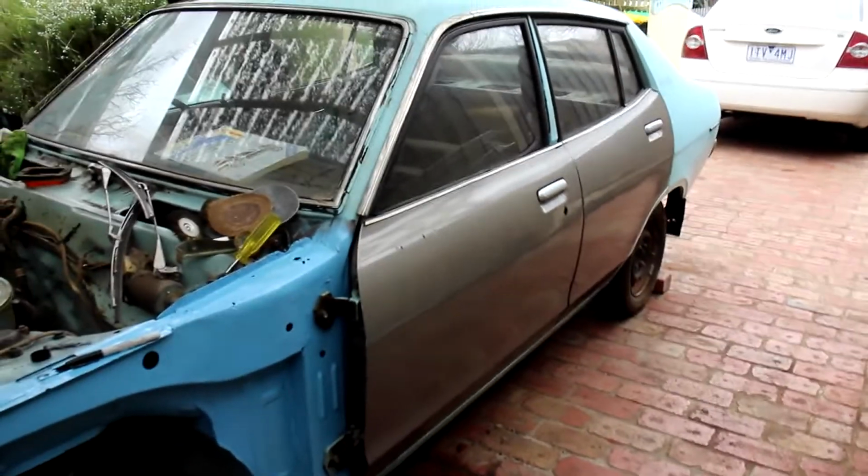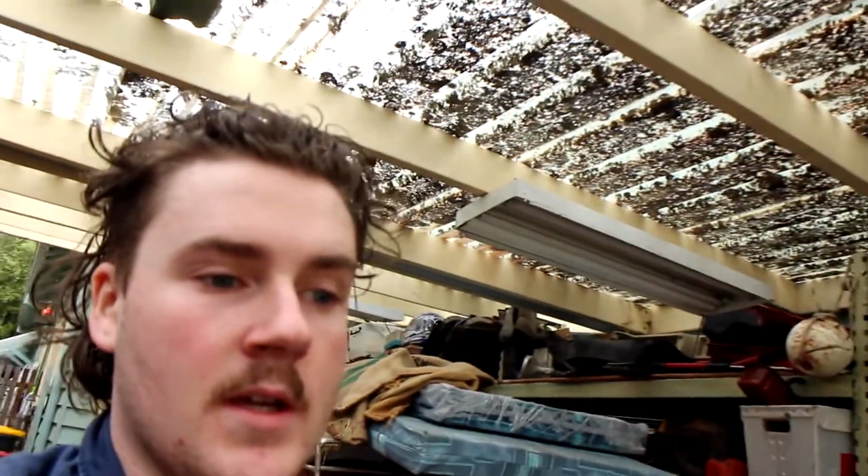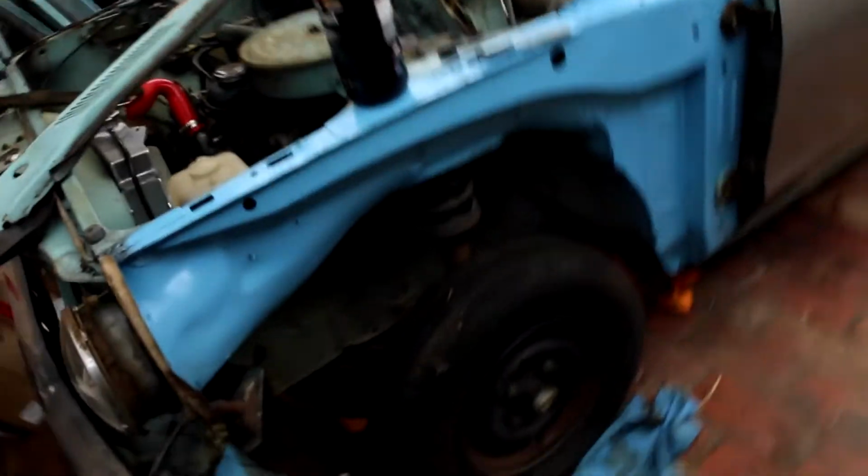So it's a few days later. I put on the front door, looking pretty schmick, but for the front doors, you have to take off the guard to actually access the hinges, so you can unbolt them to put the door on, I think. Well, that's how I did it. And in doing that, when the guard came off, there was a lot of surface rust under the guard and some rust holes which I'll have to patch. And I repainted it obviously,